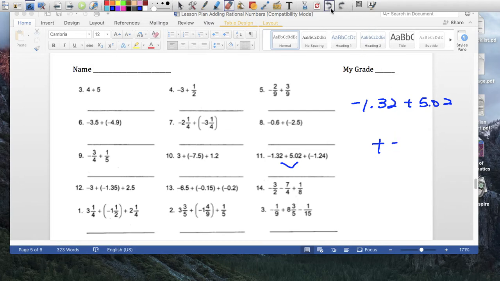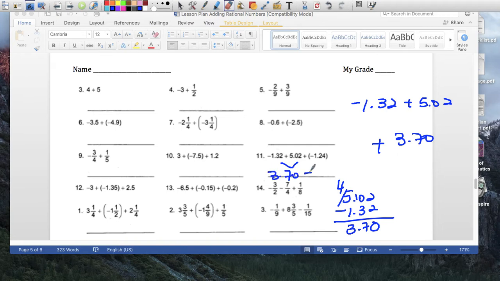And now I have to subtract these two, right? So it's 5.02 minus 1.32, right? Because they're different signs, so subtract. The 0.4, this becomes a 10. 10 minus 3 is 7. Dot, 4 minus 1 is 3. So positive 3.70,